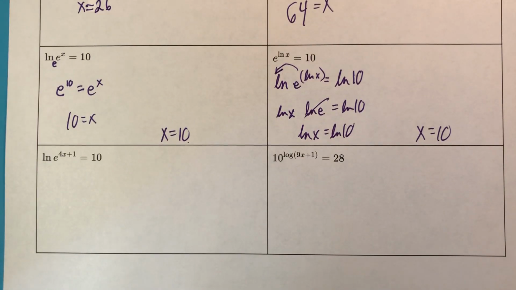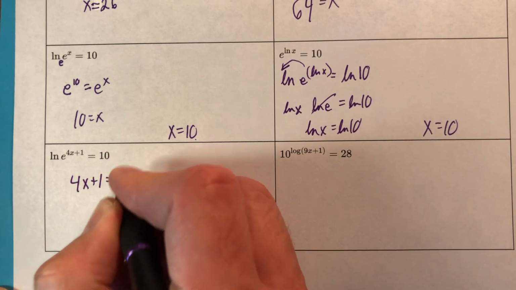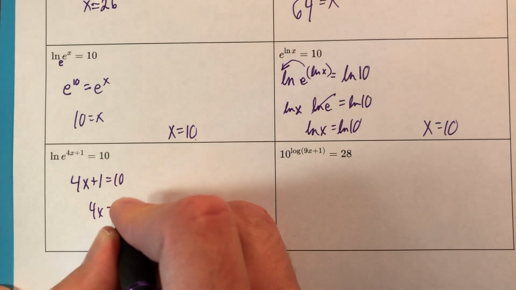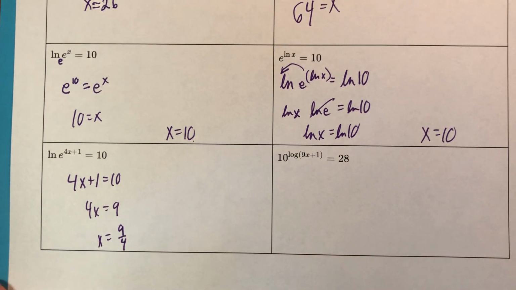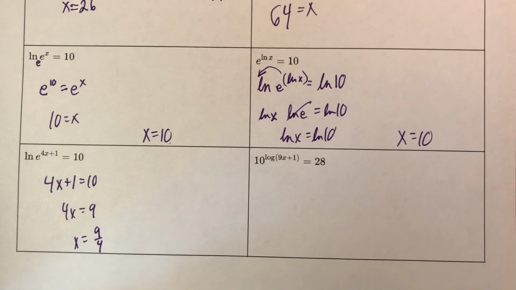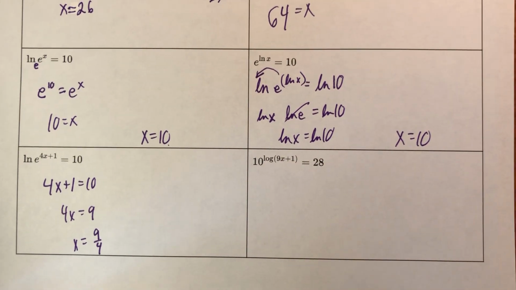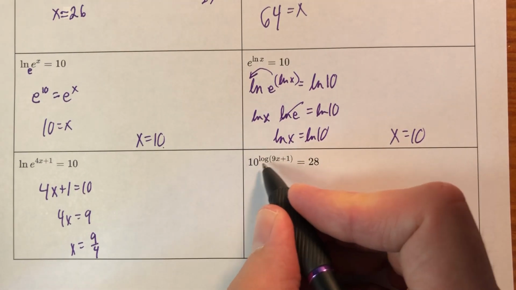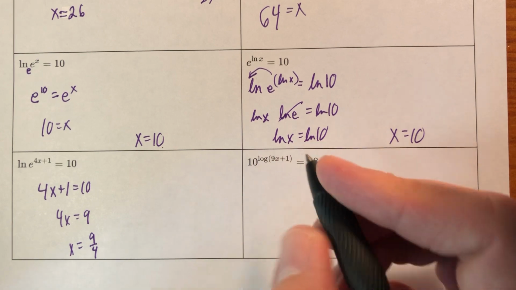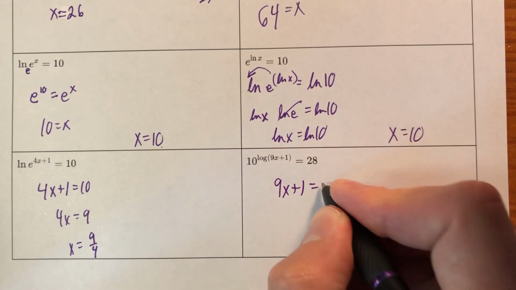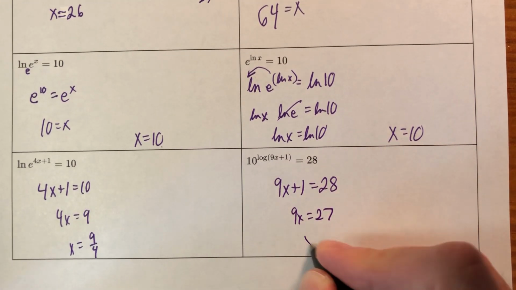So let's do the same thing, but now within these configurations, they will cancel, and I have 4x plus 1 equals 10. So 4x equals 9, and x is equal to 9/4, which of course is 2 and 1/4. That's okay though. Fractions are fine. And these cancel, but they're not e's and natural logs. Oh, but they are logs. This is a 10, and this is a log base 10. And I have a 10 to the log base 10, and they will cancel. Okay, so 9x is equal to 27, so x is equal to